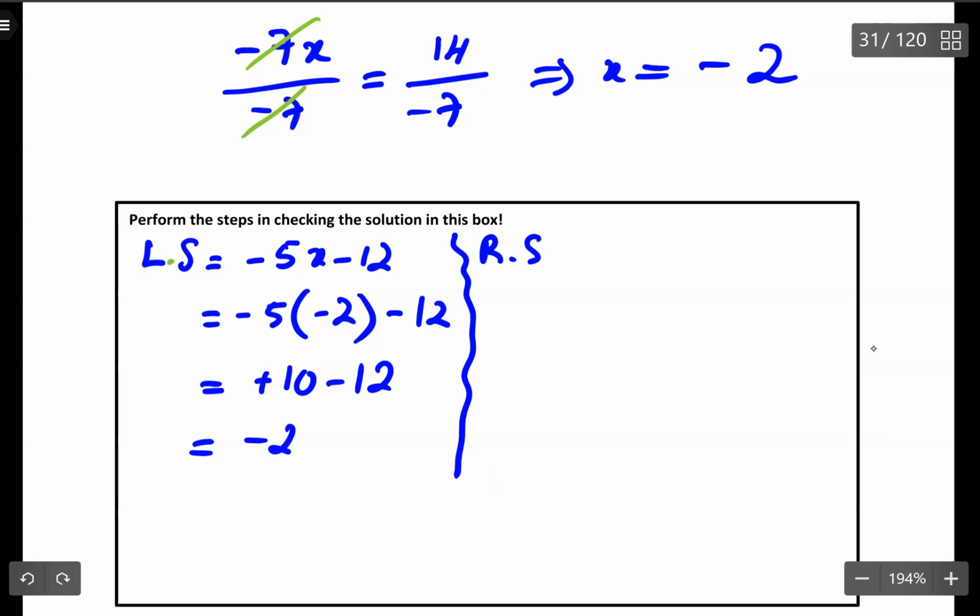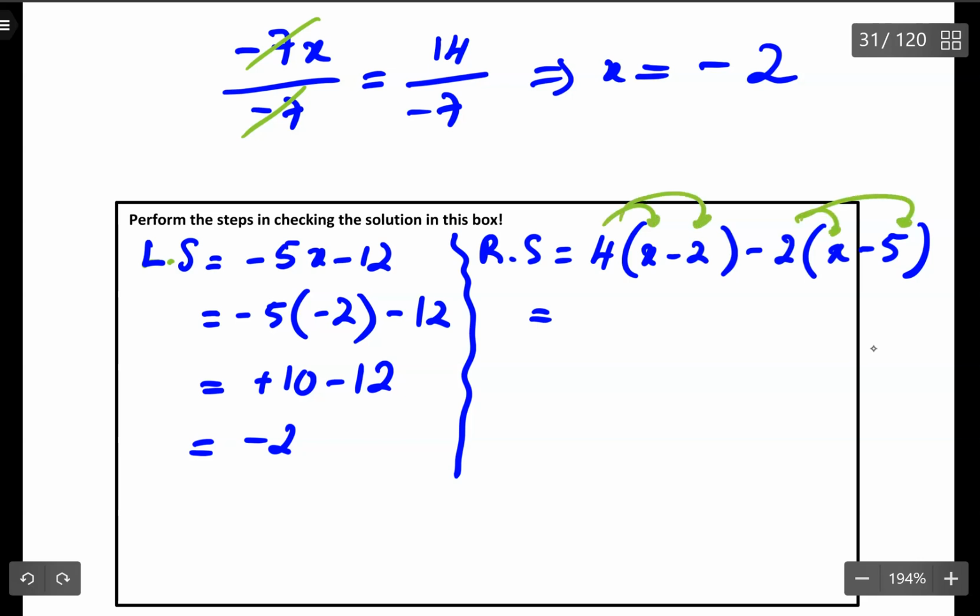The right-hand side is a bit more complicated, but it shouldn't be after we did quite a bit of practice already. So we are going to multiply this in, multiply that in. But before that, we should substitute x in. Now I realize that if I rush,